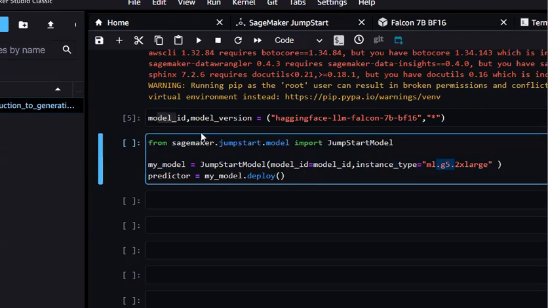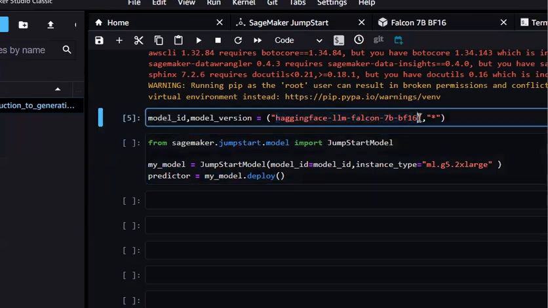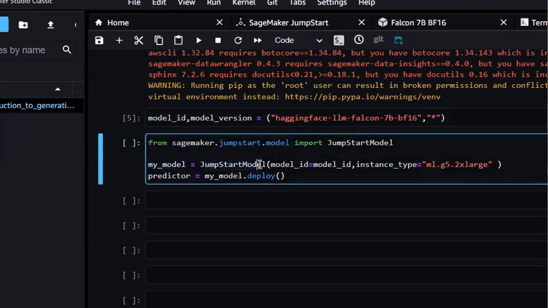Now, in order to deploy my model that I have saved in this model variable, I used this deploy command. By using this deploy command, I actually deployed my model. That is, we are deploying this Hugging Face LLM model. By using this JumpStartModel, we just get that model and we deploy it by using the deploy command, and we stored the deployment in this predictor. Now to test that deployment,